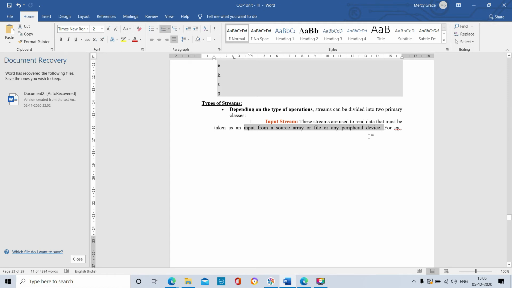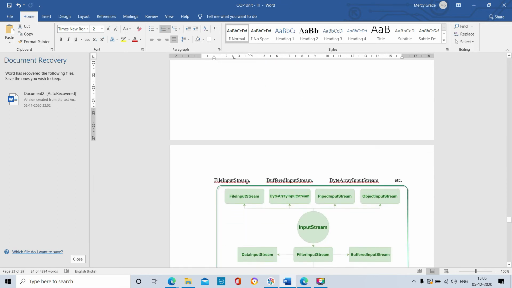Input streams are used to read the data. These are all the classes. For example, FileInputStream, BufferedInputStream, ByteArrayInputStream. FileInputStream is used to get the file data.